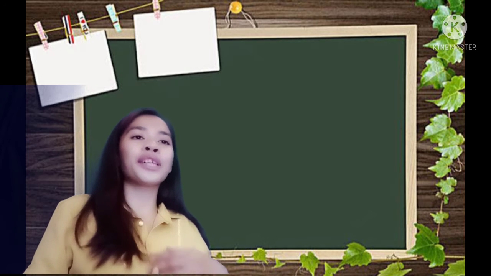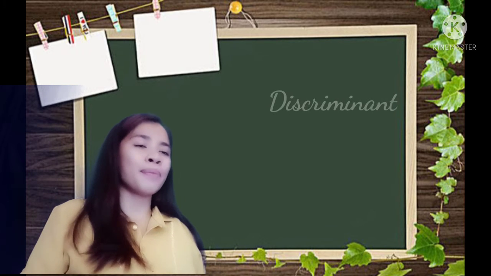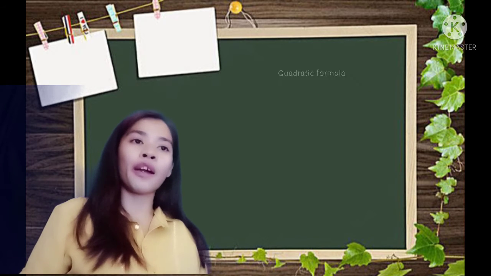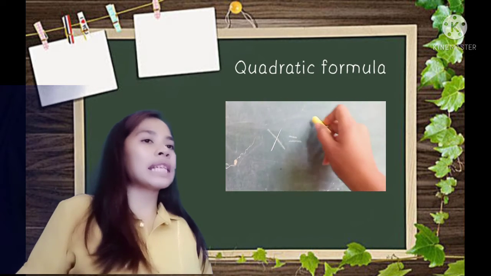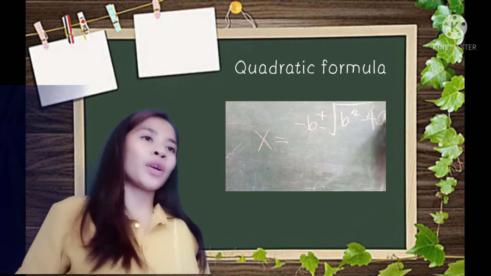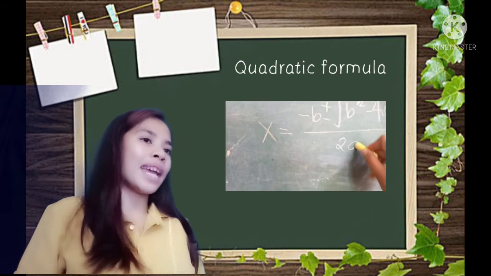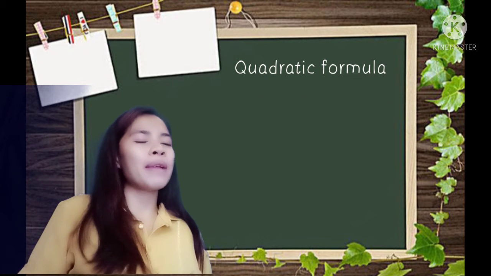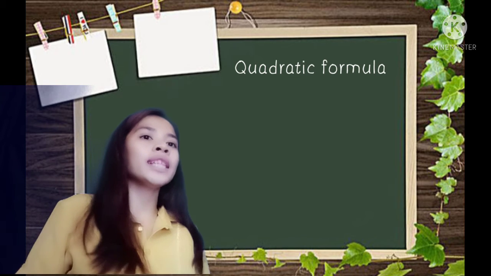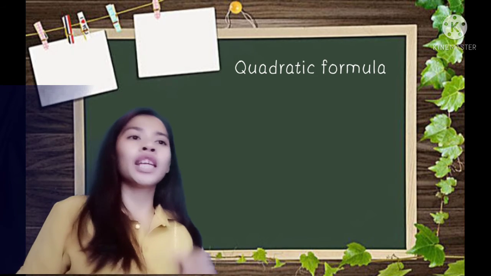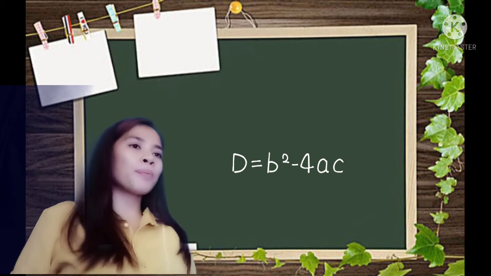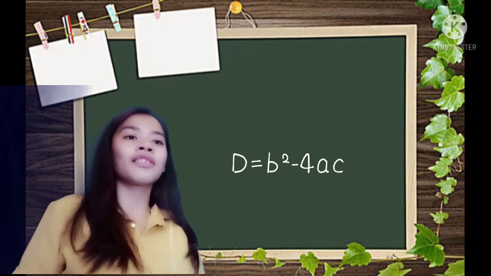Now our lesson for this morning is all about the discriminant. In our past lesson, we tackled the quadratic formula, and it is stated as x equals negative b plus or minus the square root of b squared minus 4ac, divided by 2a. Now the quadratic formula makes it easy to determine the nature of the roots of a quadratic equation even without solving the equation. So the number b squared minus 4ac, which appears under the radical sign in the quadratic formula,